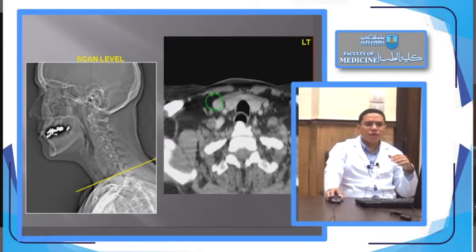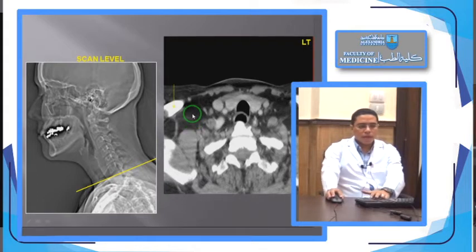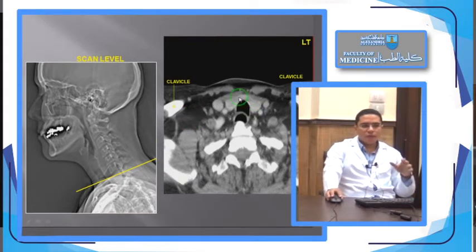As we go downward, below the level of the thyroid cartilage, we can see this classical cut or image. We have two tubes here. This cut is at the level of the lower neck. So these are the clavicles here. These are the clavicles. And we have two tubes here, two tubes filled with air, because this is black. So this is the trachea, and behind the trachea we have the esophagus.